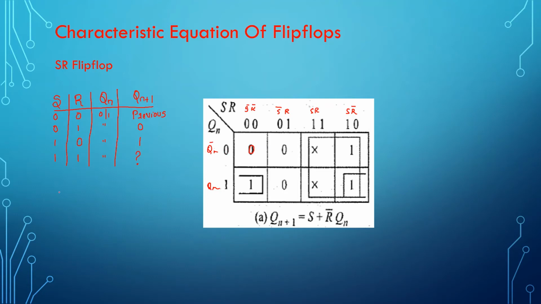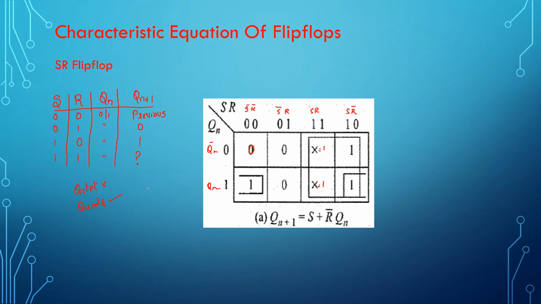As I said in the K-map, I will be grouping ones if it is an SOP method. So I'll go for octets and check whether octets are possible. No, octets are not possible here. I'll check whether quads are possible, whether I can group all 4 ones. There are 2 ones here and there are 2 don't care conditions here. I already explained that you can take these don't care conditions as 1 if you want to form a quad, octet or pairs. So I'll make these ones and group them together to form one quad.